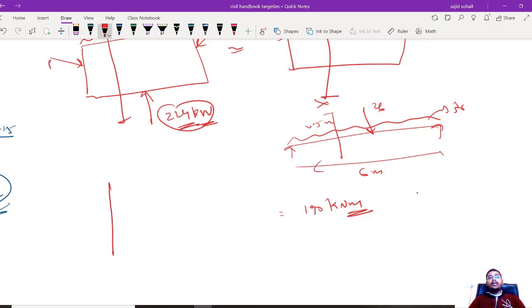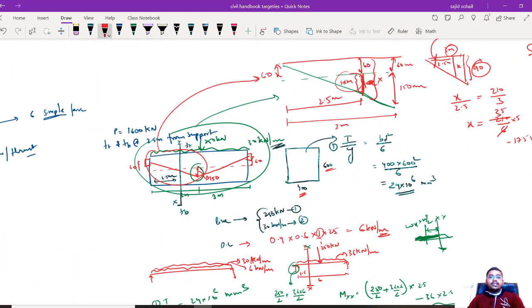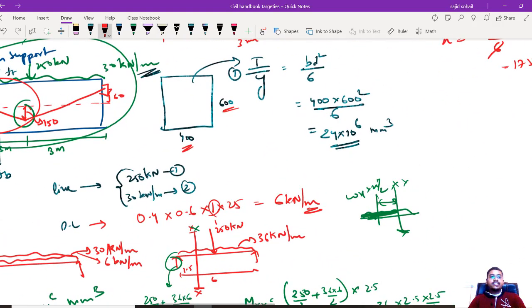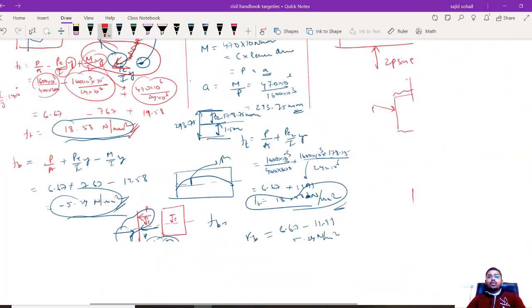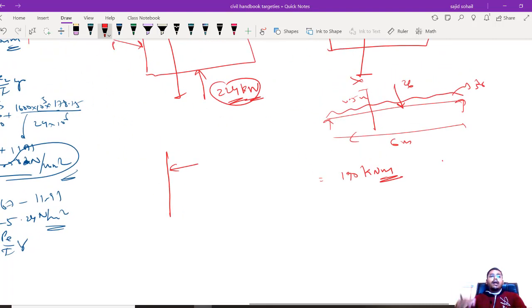Arrays are very simple. So here my P is acting, in the diagram it is very clearly given. At the ends, you can clearly see the eccentricity is 60 mm. So I can take any one end, no problem. So now I am assuming my force is acting at a constant eccentricity of 60 mm all over. Okay? So it is acting at 60 mm, and my load P is there.